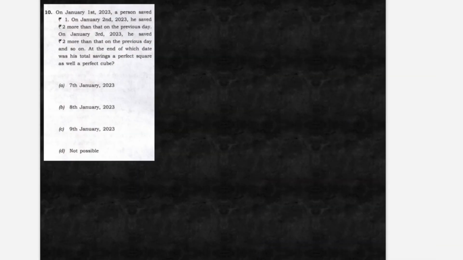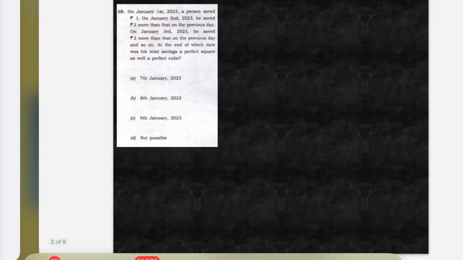Why? On January 1st of 23, a person saved rupees 1. On the next day, he saved 2 rupees more than the previous day, which is basically on the 2nd of January, he saves 3 rupees. And on 3rd of January, he saved 2 more than the previous day, which means he saved 5 rupees. And it just goes on, right? At the end of which date was his total savings a perfect square as well as a perfect cube. Alright, basically they are just asking you